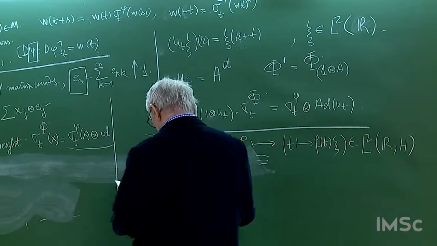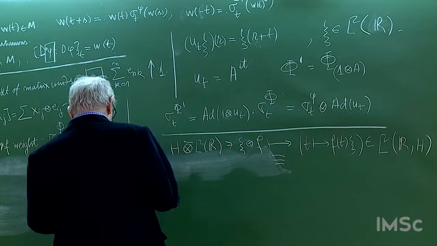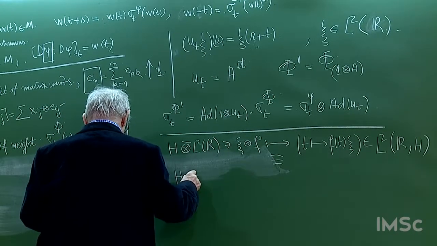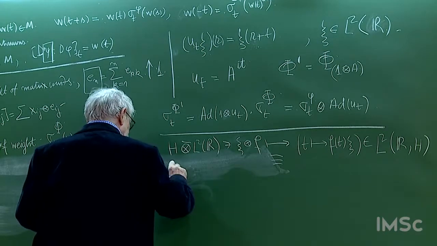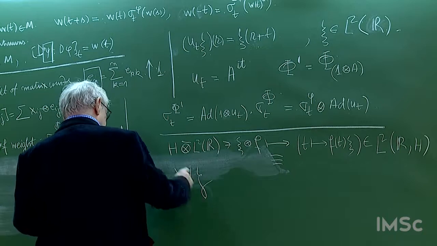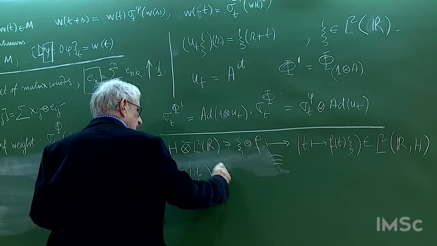And then what you have, you take from H tensor, you take the operator W of zeta in T, for